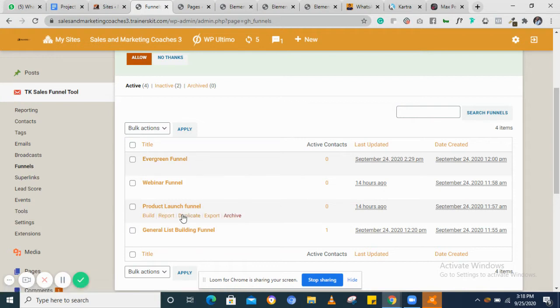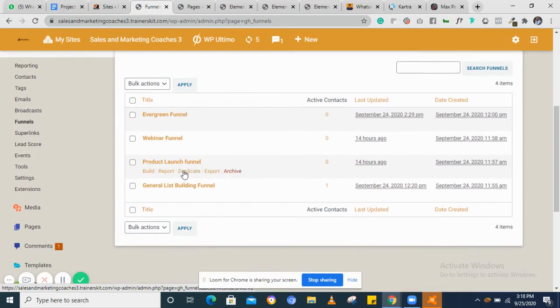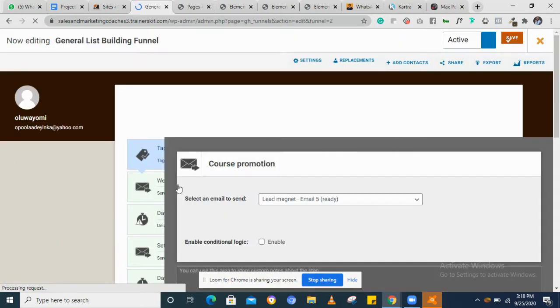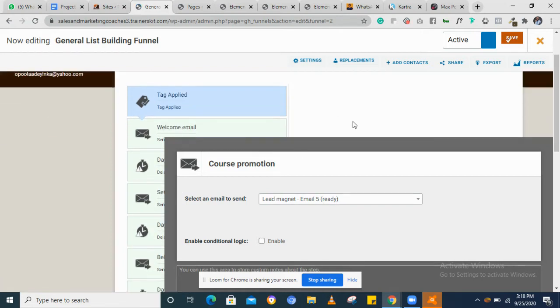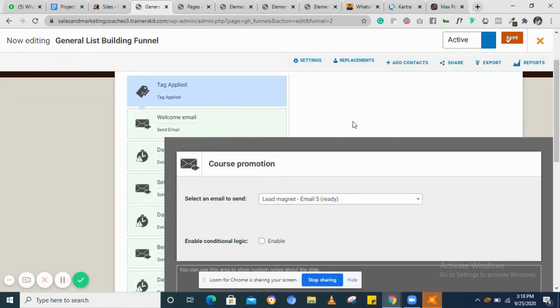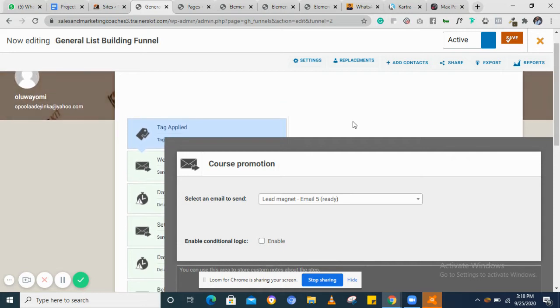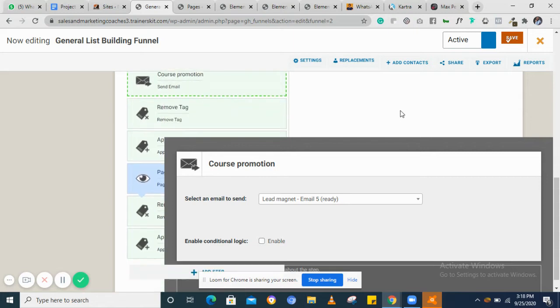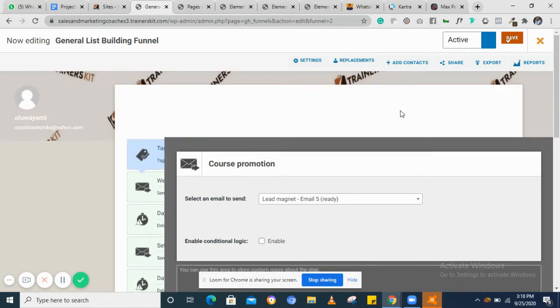So if you want to edit any of your funnels, each funnel is designed differently. To edit your funnel, you click on the name of the funnel, click on it, and then it's going to bring you to this editor. This is where you can edit your funnel. So this funnel